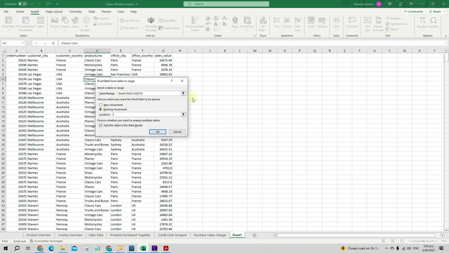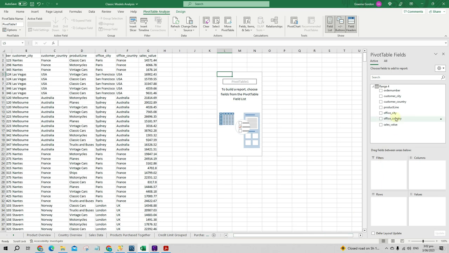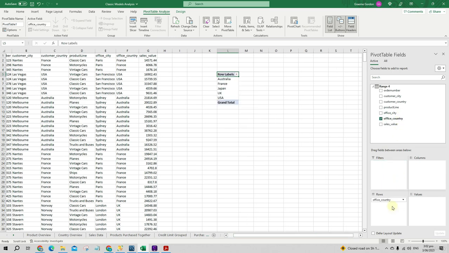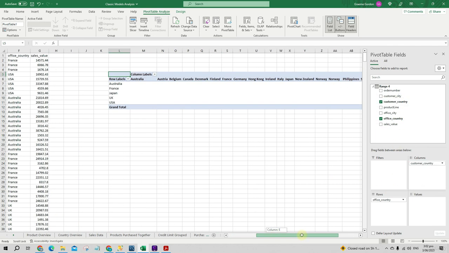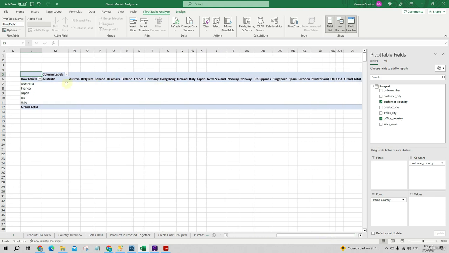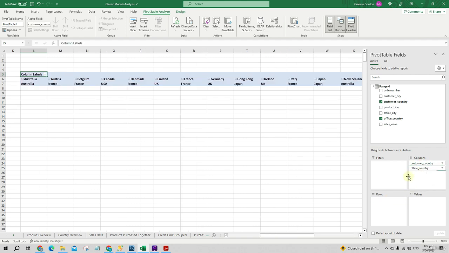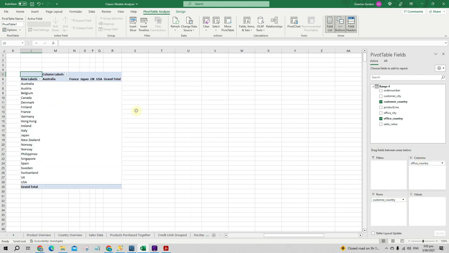So we'll insert it next to our same worksheets, and then on the rows side we can bring in the office country, and on the columns side we can bring in the customer country. Okay, because the customer country has many more than the office, I would actually prefer to do it the other way around. It's just easier to read. Yep. So we would just need to highlight that the office is on the top,